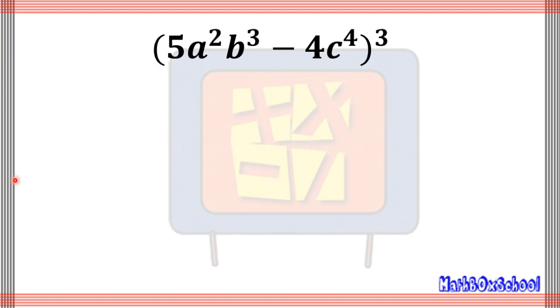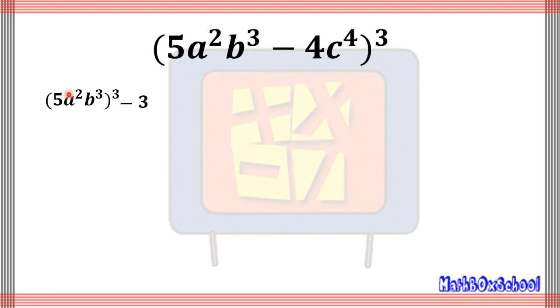For our last example, we have 5a squared b cubed minus 4c to the 4th power raised to 3. So, again, ang first term natin dito ay 5a squared b cubed. Ang second term natin ay 4c to the 4th power. So, una, cube natin yung first term. So, 5a squared b cubed raised to 3